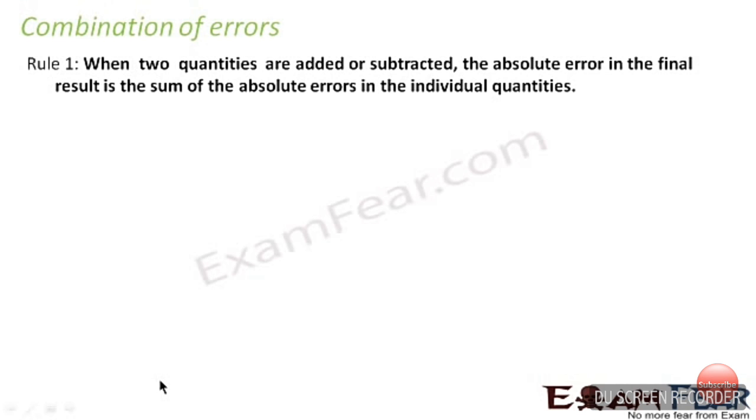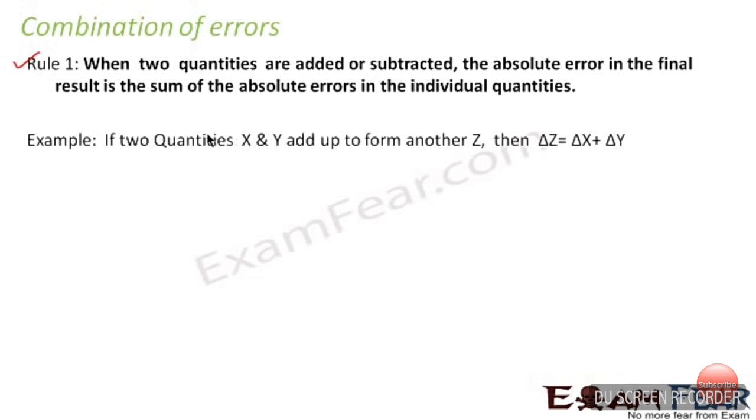There are three rules for combination of errors. The first rule states, when two physical quantities are added or subtracted, the absolute error in the final result is the sum of the absolute errors in the individual quantities. That means,